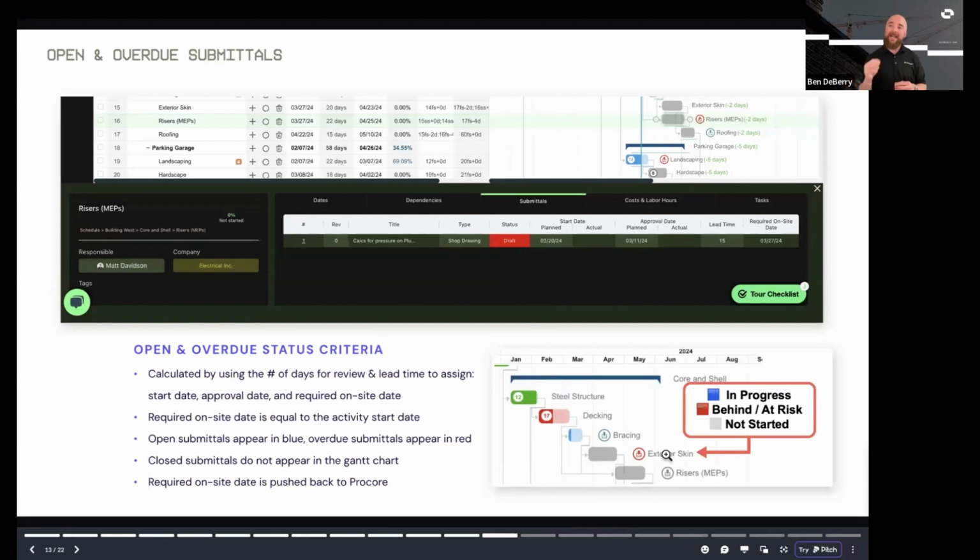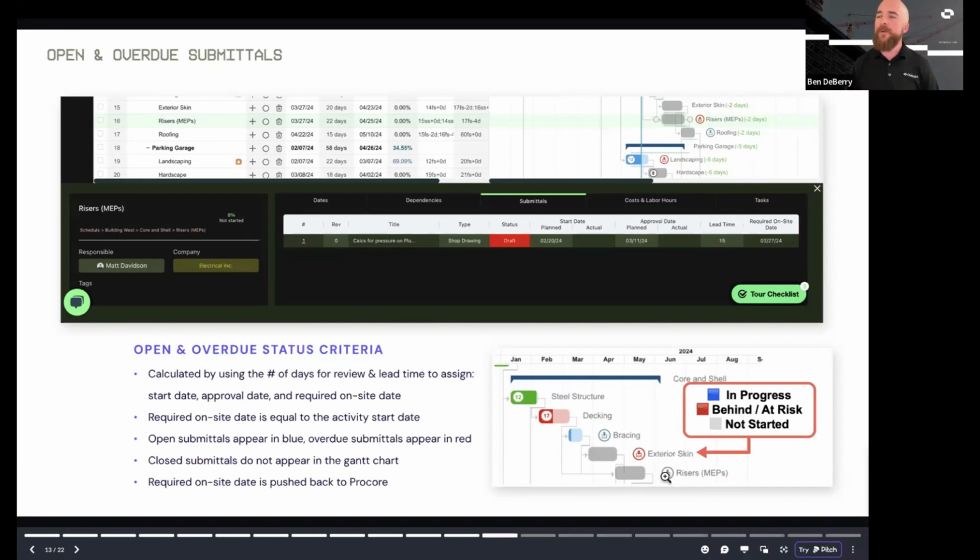So as my schedule changes, if there's any conflict, then it's going to change that blue submittal to red because now it's overdue if I schedule something too early. Or like with exterior skin, I clearly need to push that out 5, 10, 15 days. I can look at my lead time to decide until that is no longer overdue. And then you'll also see your gray icon there for any submittals that have not been started or are still in draft status.